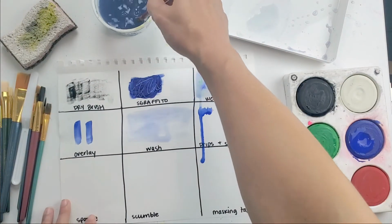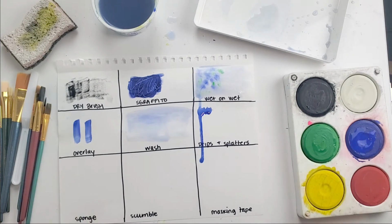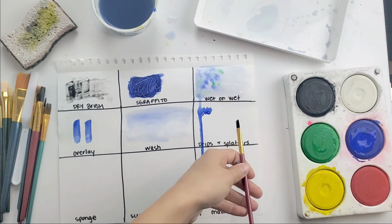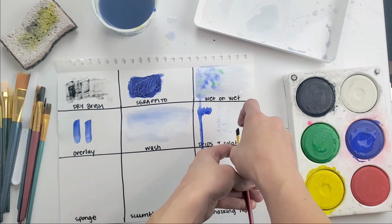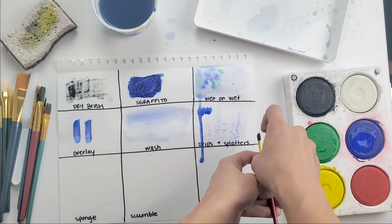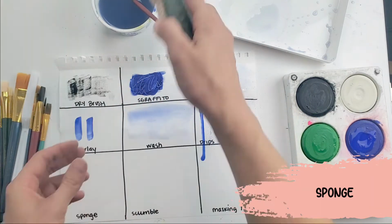I can also splatter, so if I get some paint on my brush, and when I'm splattering, I'm not using my arm at all because that's when the paint is going to get everywhere. I'm just putting my paintbrush down and then using my bristles, or using my finger on my bristle, I'm just kind of bringing it back. Create that splatter. I can also use a sponge,